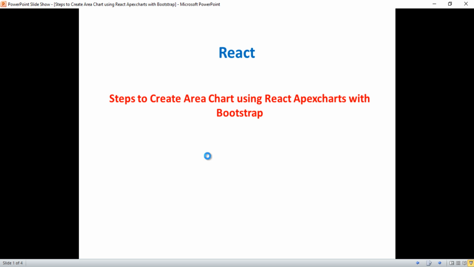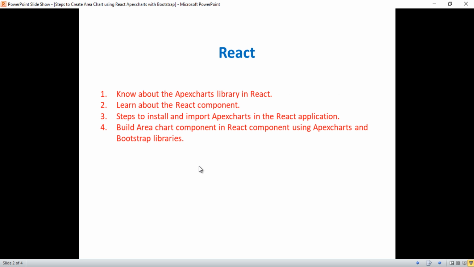In this video, I'll discuss a few points: know about the Apexcharts library in React, learn about the React component, the steps to install and import Apexcharts in the React application, and build an area chart component in the React component using Apexcharts and Bootstrap libraries. In this session I'll show you how to create an area chart component in a ReactJS functional component using